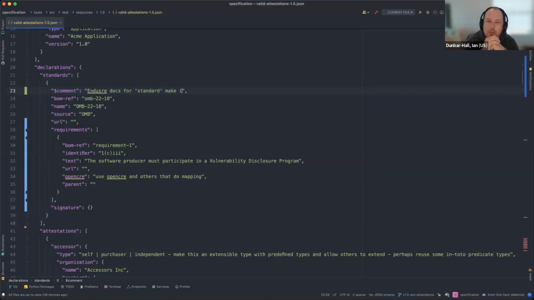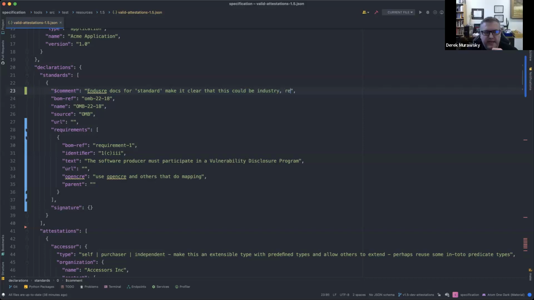I'm kind of curious, in your mind, what is the difference between a standard versus a specification? I tend to think of them as the same. I tend to use specifications if I'm talking internally. I use standards if I'm thinking of an external standard. Yeah, I just don't think we want to overload the nouns too much here, or use too many different nouns, right? Do we want a standards and a specifications thing when they both are functionally doing the same thing? That's where I think we should just pick one and keep it in here.